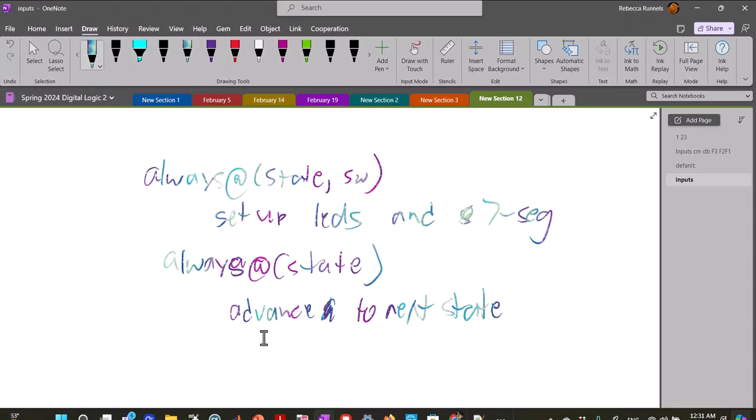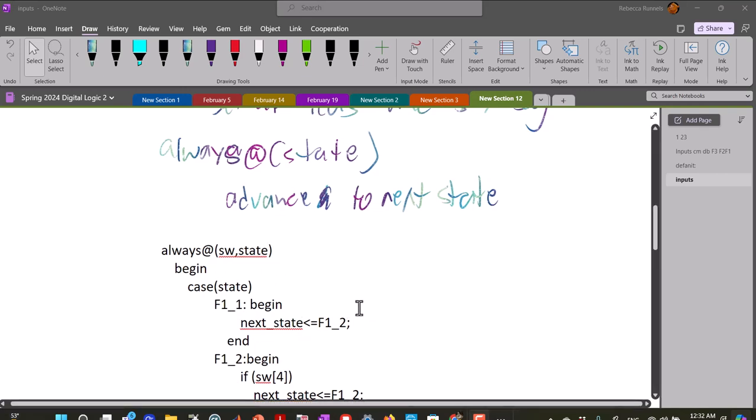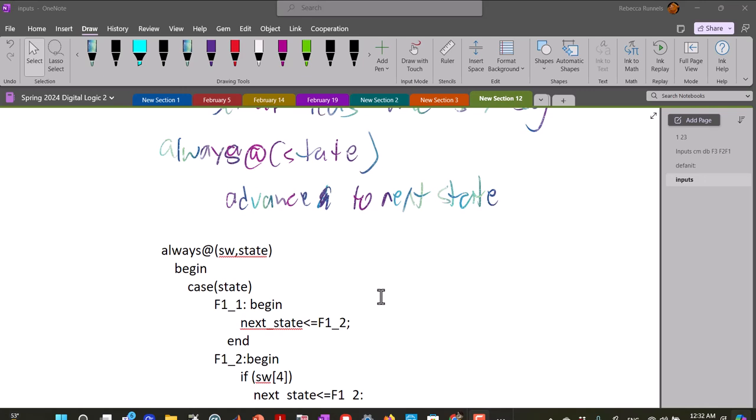And this is where you'll have to use your state diagram to remind yourself of how you're going to be doing that. So it looked like I did do it always at switch and at state. And the way I did it, and you don't necessarily have to do it the same way, is I used a case statement. For my case statement, I had a case for each of my 9 different states. Floor 1, 1, floor 1, 2, floor 1, 3, floor 2, 1, 2, 2, 2, 3, and floor 3, 1,